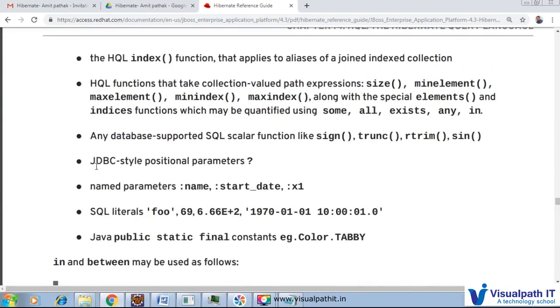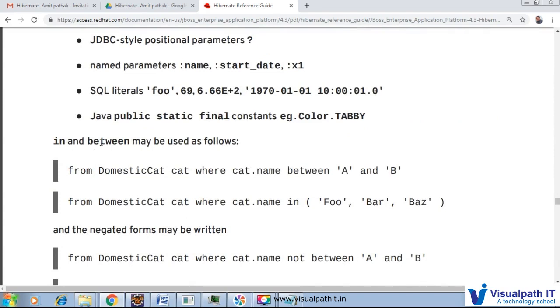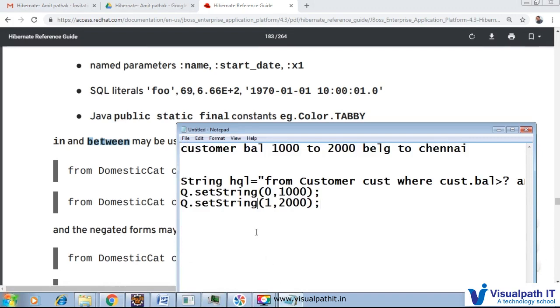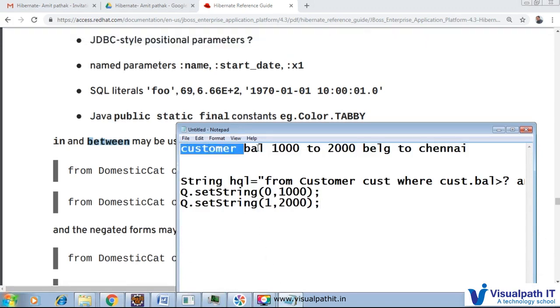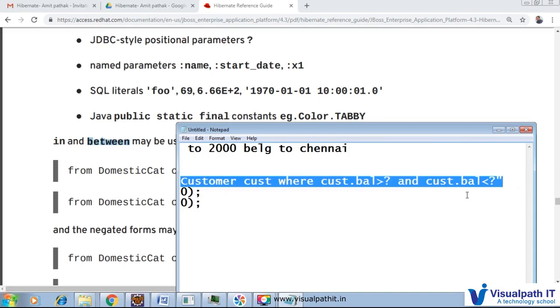So the next query we'll see here, that is a between. Between I already explained about that. Whenever we want to retrieve some value, we can specify some between value, like that I already wrote here. Customer balance belong to 1000 to 2000, between 1000 and 2000 and that customer belong to Chennai. So we will write this kind of from customer CUST where customer balance